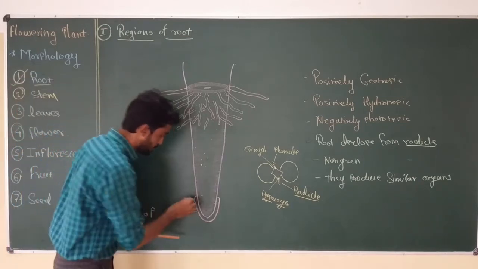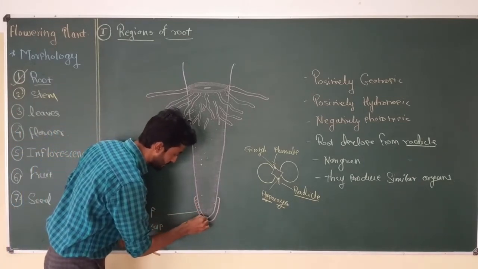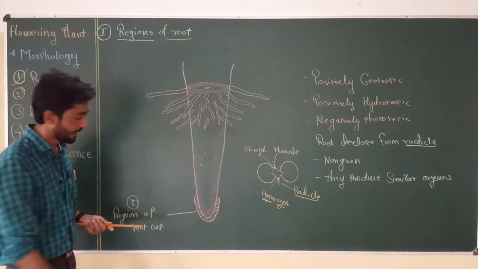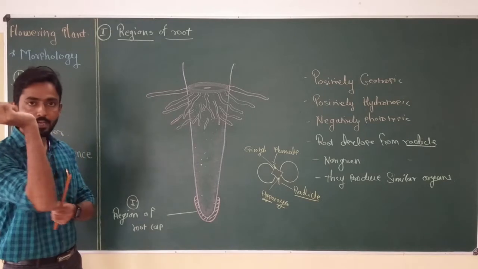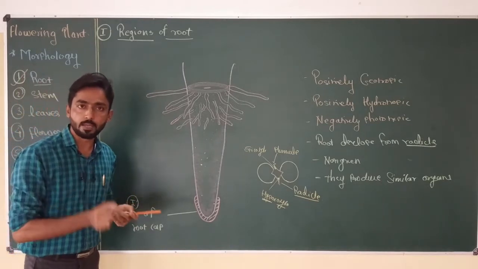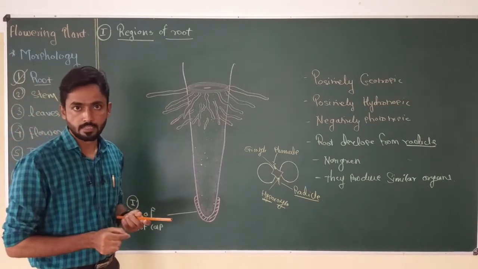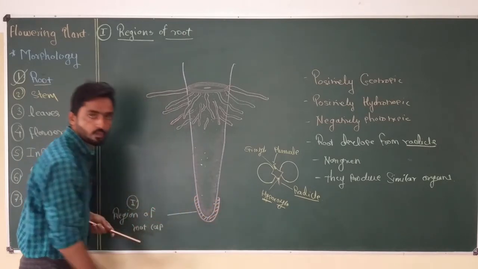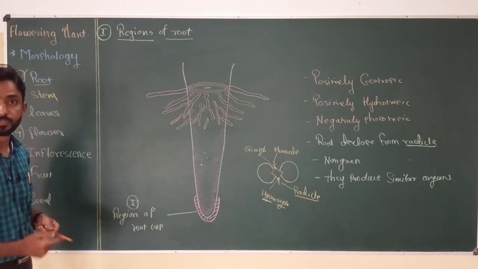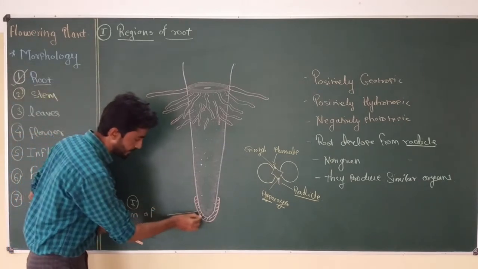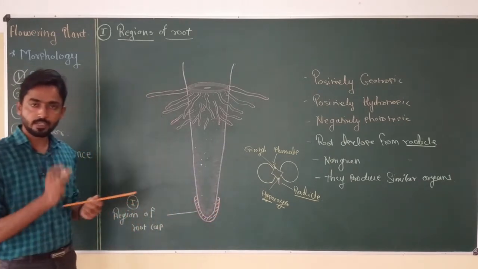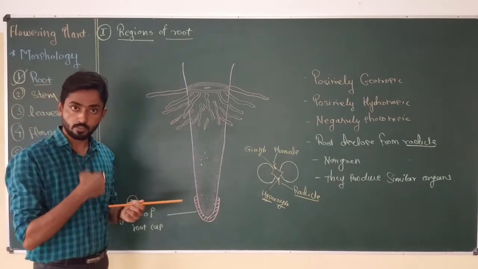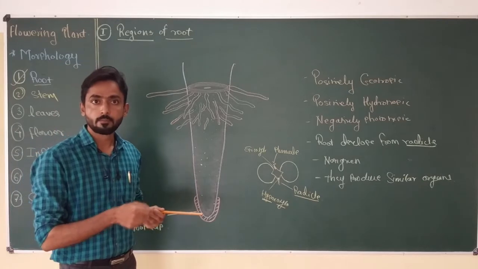The root cap is present at the tip of the angiospermic plant, and this is the part which is made up of compactly placed meristematic cells. This is the region which protects the tip of the root. These root cap cells also produce mucilage, an oil-like substance that helps the smooth passage of the root through the soil.